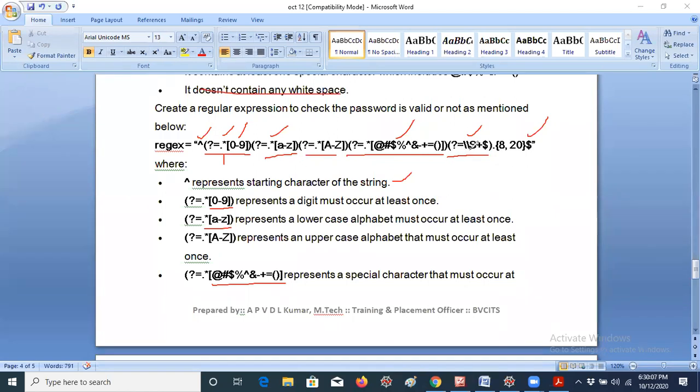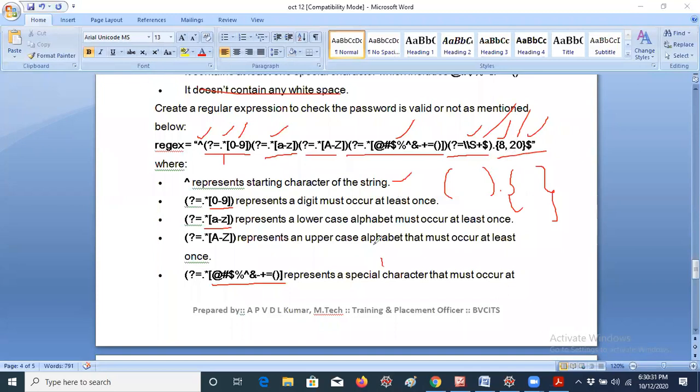So question mark equal to is common, but here slash s is for checking the white space, and you have to give dollar also for the white space. This is predefined actually, you should remember. And for all the parentheses, I am just giving a dot. What is this curly brace of 8, 20? It means the maximum length of the password should be 20 and the minimum length of the password should be 8.